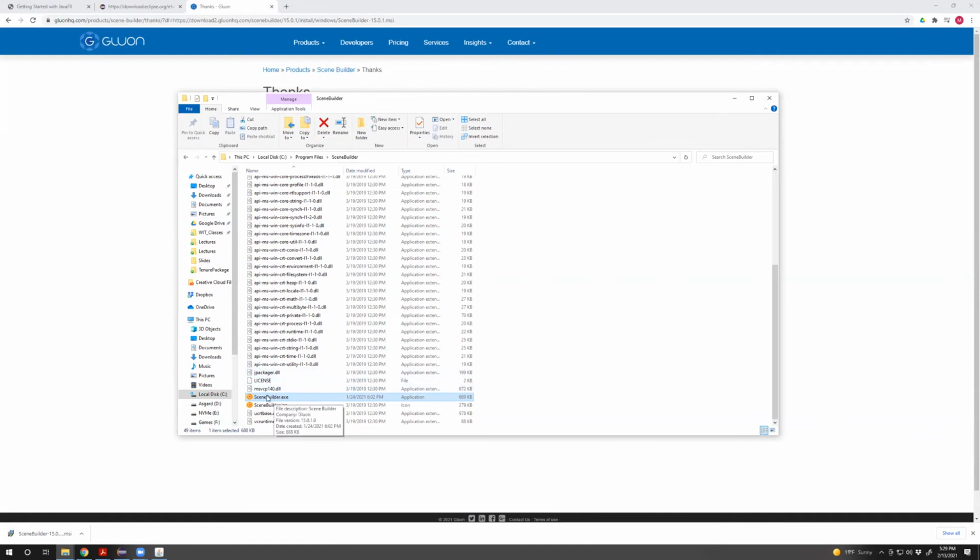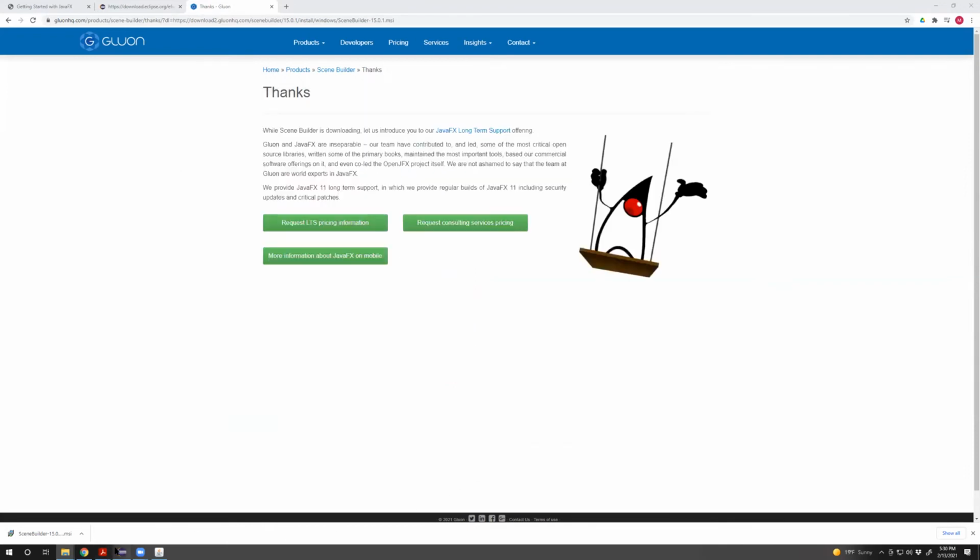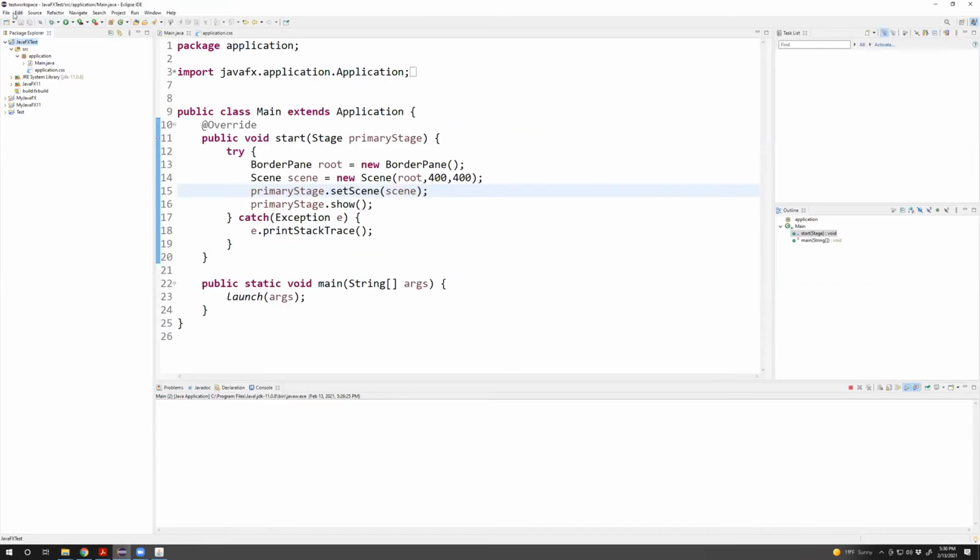So the executable is right here. And it's important to know where this is because we're going to integrate this in with Eclipse. FX Eclipse allows us to integrate this in, so it's another reason why we used FX Eclipse. So once it's installed, once you get to the point where you have this executable or where you know where it is, then what we can do is in Eclipse, we can go to